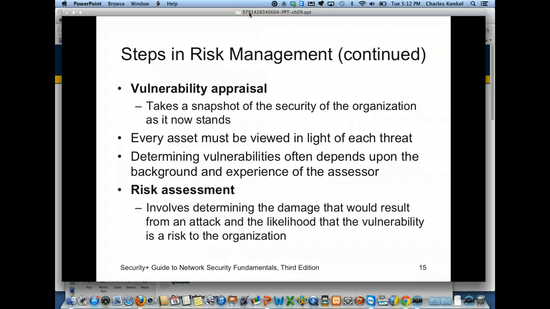Then you've got the vulnerability appraisal, which basically takes a snapshot. And this is really key to have somebody coming in to do it. Every asset must be viewed in light of each threat. Because the people working there might be like, well, it's no big deal that everybody has administrator rights to this database. Nobody's ever going to do anything. Who cares, right? And that might be the attitude, but the person coming in goes, well, yeah, but in that database, you've got $5 million